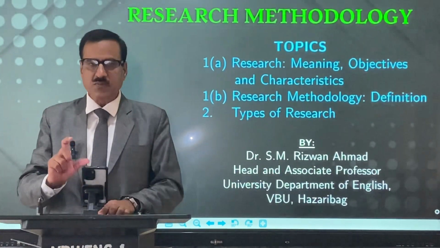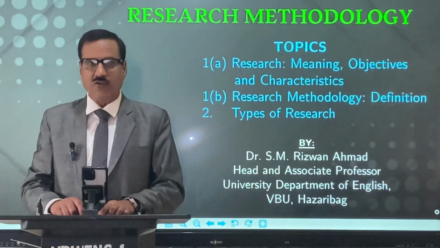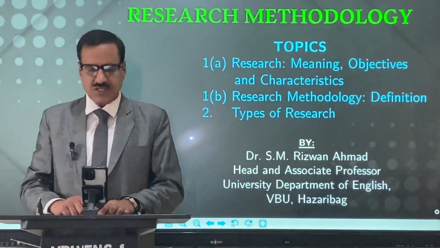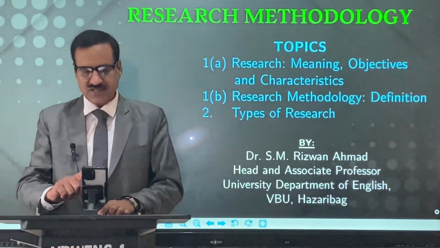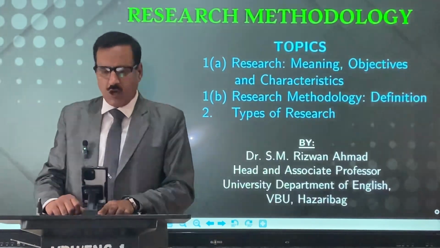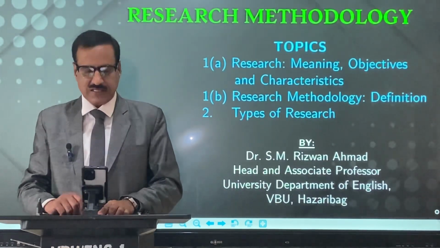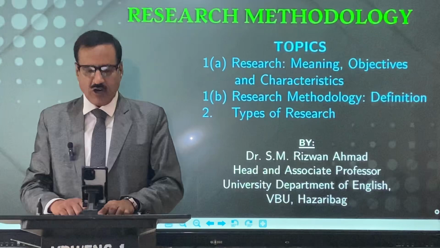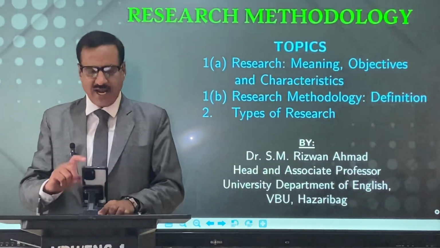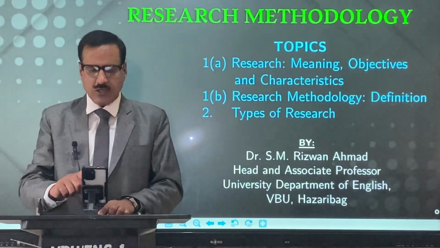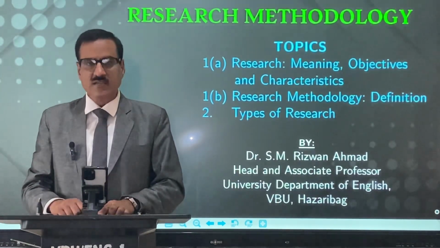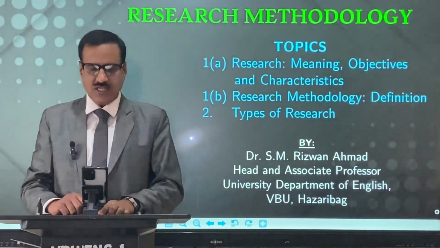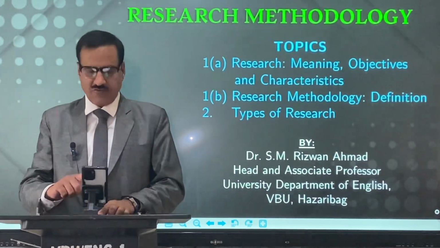Sixth point regarding the meaning of research. It is used to establish or confirm facts, reaffirm the results of previous work, solve new or existing problems, support the theorems or develop new theories. A research project may also be an expansion on past work in the field. Now, the dictionary definition of research is a careful investigation or inquiry, especially through search for new facts in any branch of knowledge. According to Oxford Advanced Learners Dictionary, research means, quote, a careful study of a subject, especially in order to discover new facts or information.